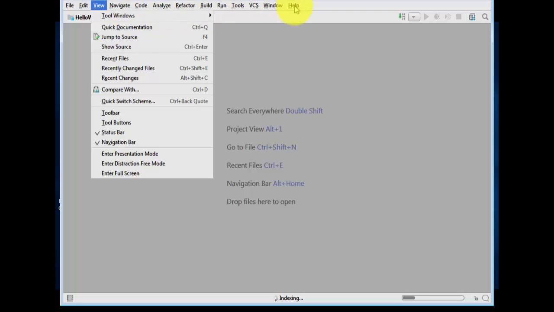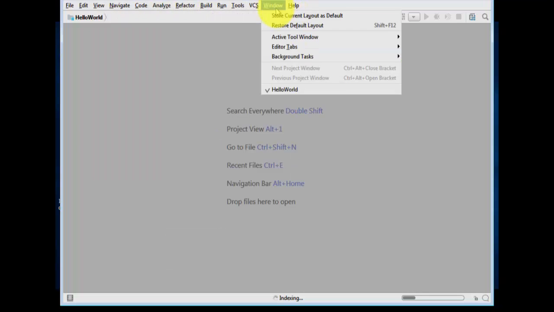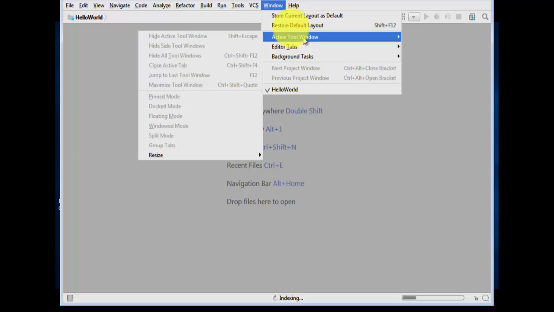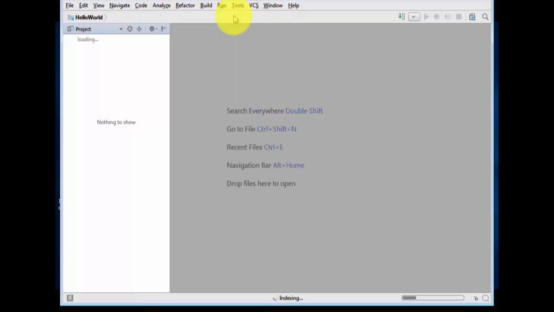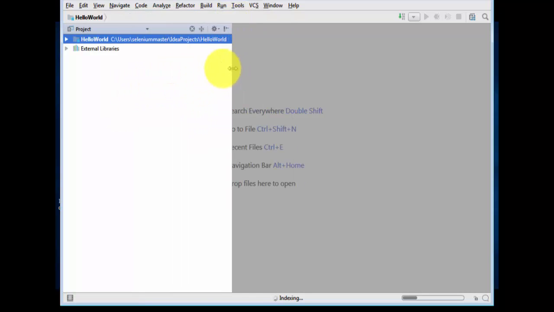And from view, let's open the project view first. So project. Okay, now the project view is opened. I expand this one. Now on the source,